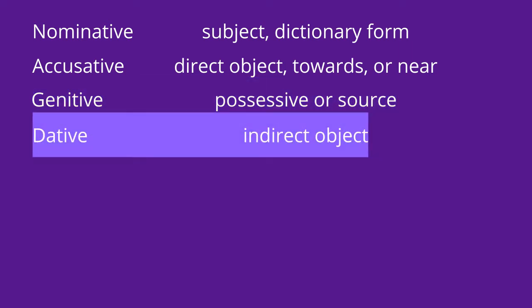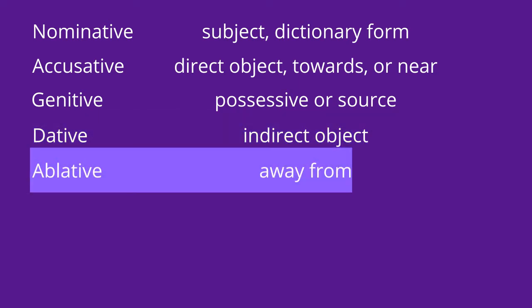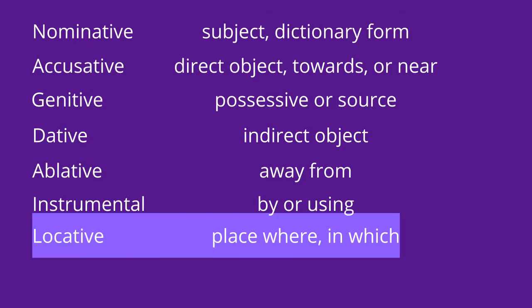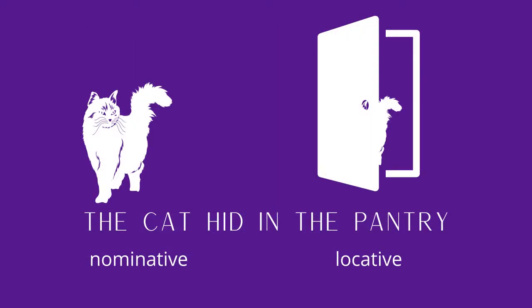Dative is the indirect object case. The name comes from the Latin verb meaning to give. This generally marks the recipient or beneficiary of an action. Ablative is the case of movement away from, so something like the cat ran away from the Roomba might use Roomba in the ablative case. Locative is the case of interiority, place where, so something like the cat hid in the pantry might have pantry